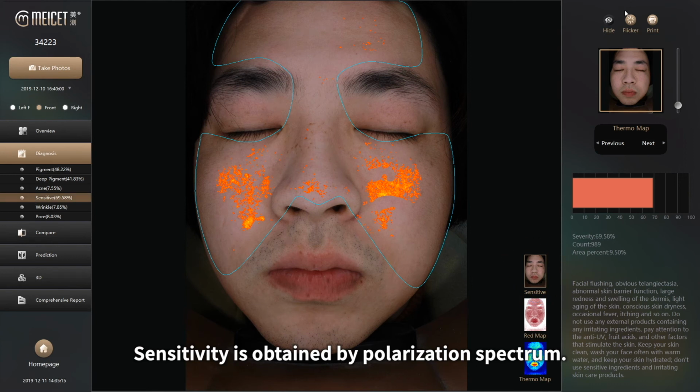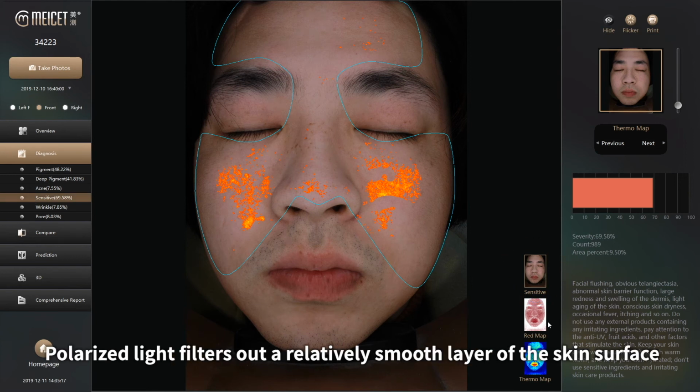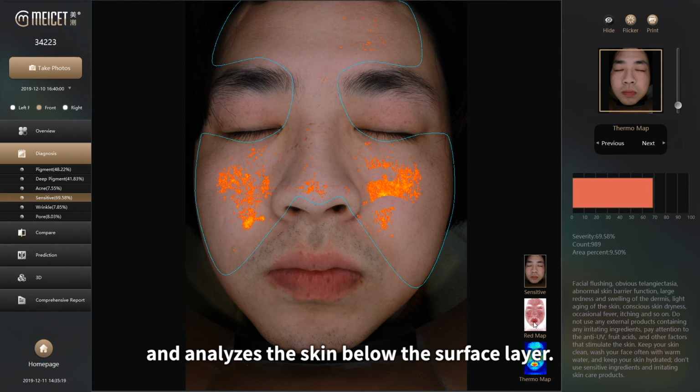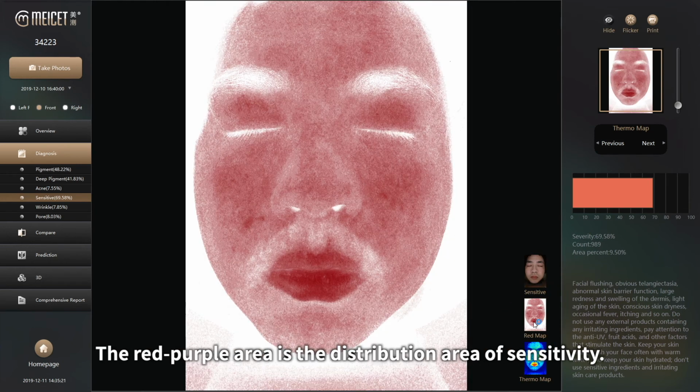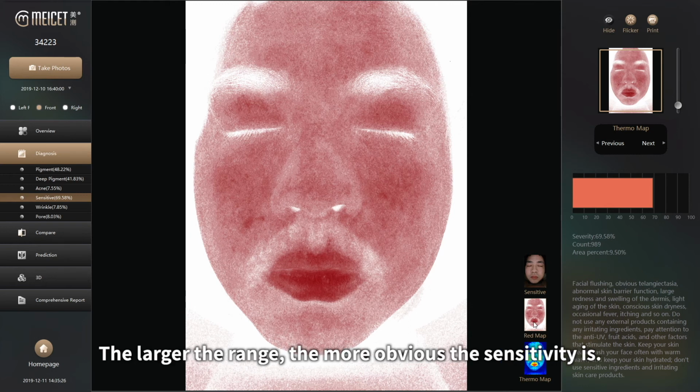Sensitivity is obtained by polarization spectrum. Polarized light filters out a relatively smooth layer of the skin surface and analyzes the skin below the surface layer. The red-purple area is the distribution area of sensitivity. The larger the range, the more obvious the